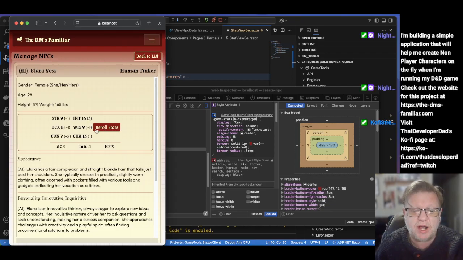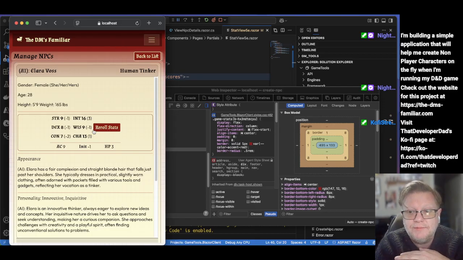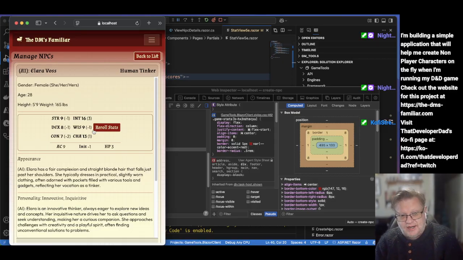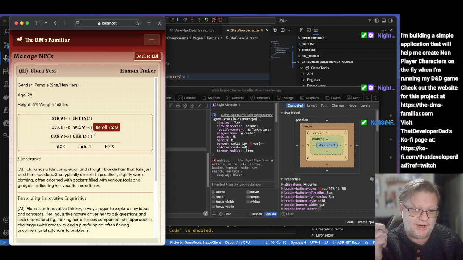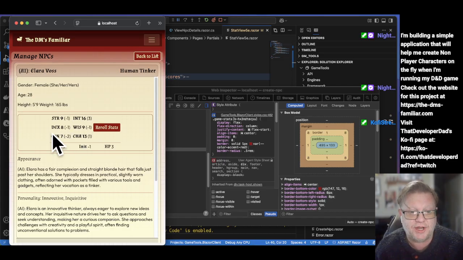And then once we've got things placed, I'll probably do that CSS and the pixel tickling in between sessions. But once we've got that, we're going to connect event handlers and we're going to plumb the event handlers out to that method that we exposed on the Townsfolk Manager that lets us generate only these stats. So when they hit re-roll, it's not going to re-roll their appearance or personality or anything else. It's going to actually use those to populate the stats, or to adjust the rolls that we make when we're generating